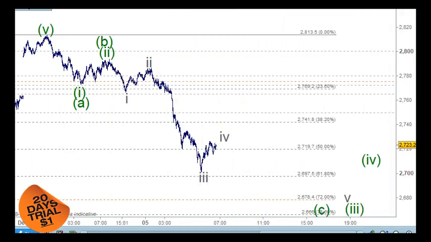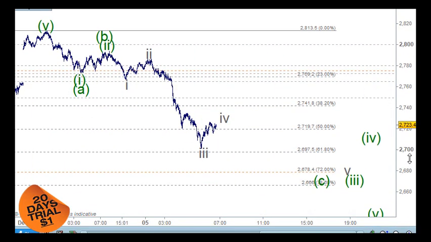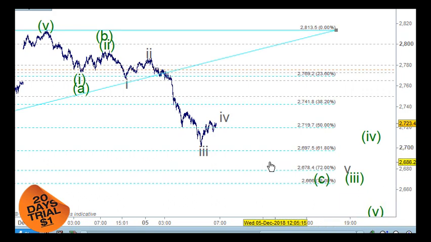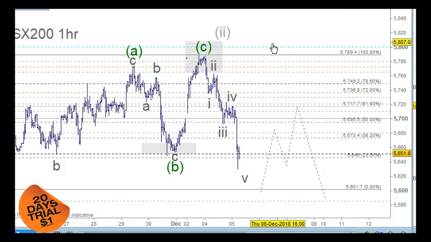So if we can go back to the Australian market here, and we can look at some numbers here, we know that the 27 here, the 2700 here, would line up with the 5-6. So I need to move these out of the way because they're just separate work charts here.